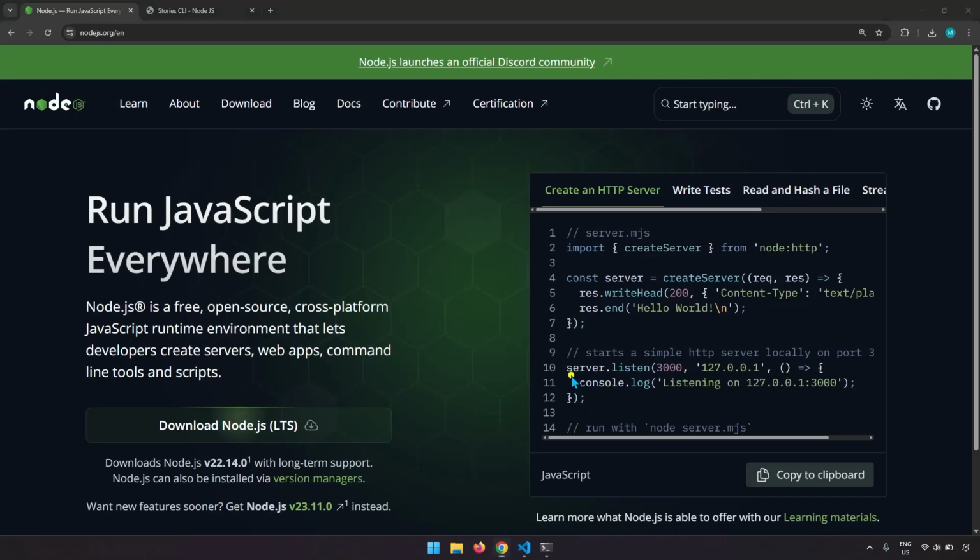The first similarity is this console log. So we use this console log a lot. So that's available for us on the backend as well as on the front end. But what is this res? What is this end? What is this create server? All of this, that's backend. We don't use it in front end. Like this node HTTP, this object that Node gives us that we can create a server, we can send some